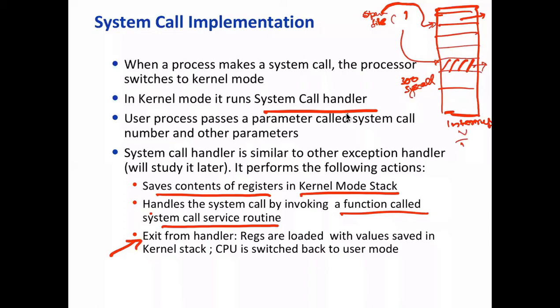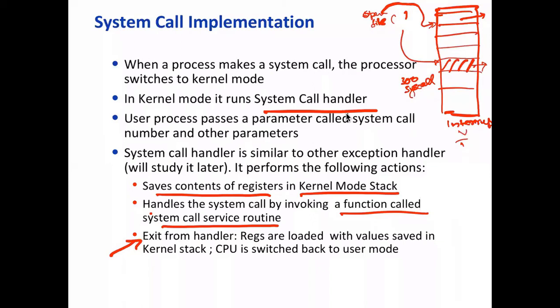The user process moves to the kernel process, and all the registers are saved. So the method is the same whether it's an interrupt, a syscall, or a trap. A trap is something that happens when, for example, there is a divide by 0, or as part of the user process your instruction is doing something it is not supposed to do, some exceptional condition is raised, and then immediately the system switches to kernel mode.